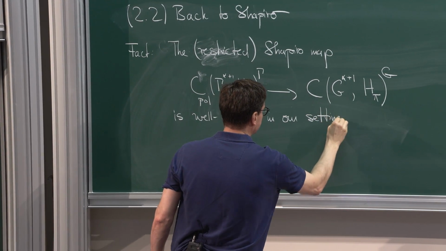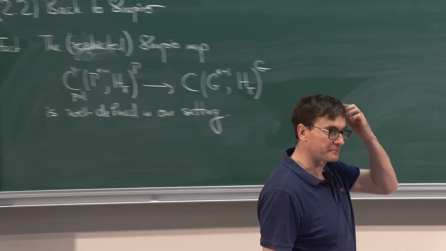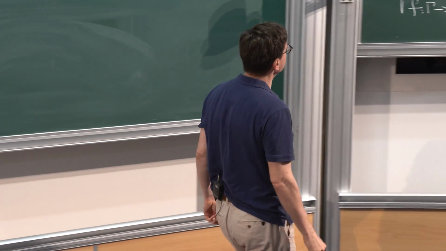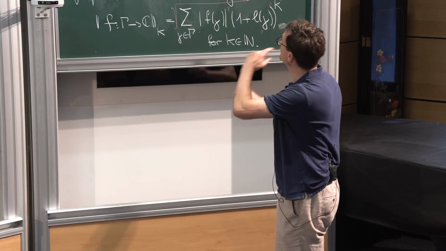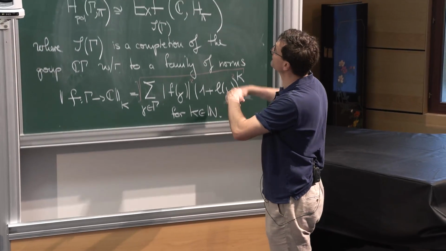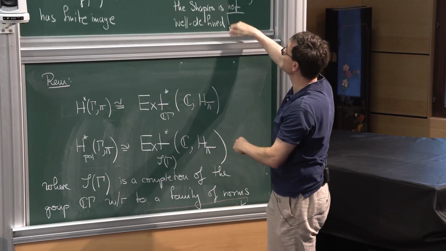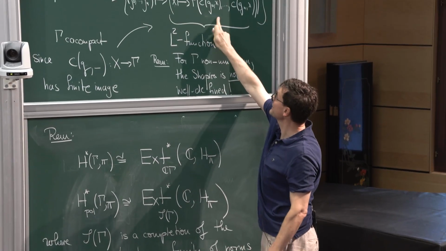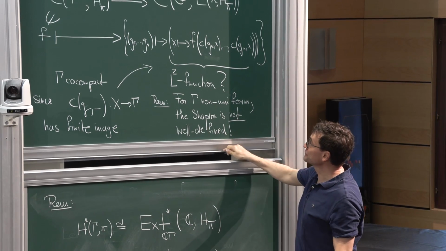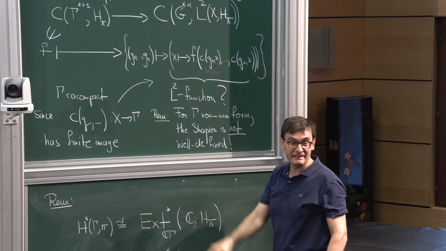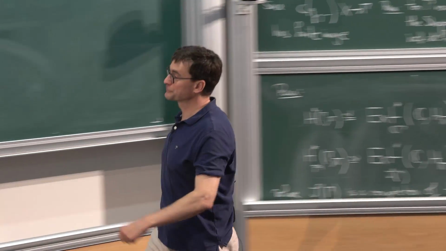And when I say in our setting, I mean this is not a general fact about locally compact groups. This is something that again uses semi-simplicity. And what's the deal here? You see the problem with the Shapiro map was that we needed at least an L2 function here. And if this ranges over infinitely many gammas, we had no control. Now if we had a control on the lattice cocycle, in the sense that somehow we have a control